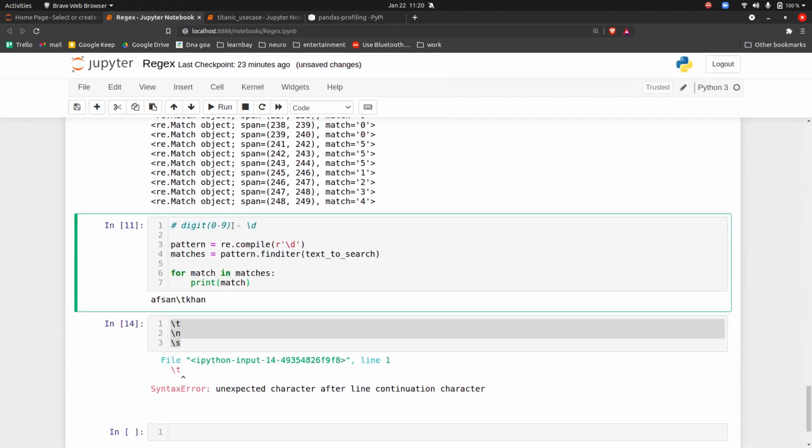Then we have a capital D. What does capital D stand for? Not a digit. So can anyone tell me the output? Everything will be extracted except the digit. So it is the opposite, vice versa of that.